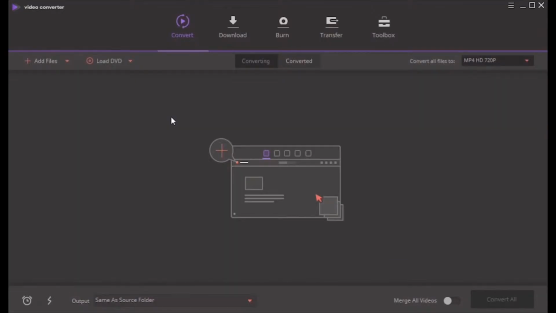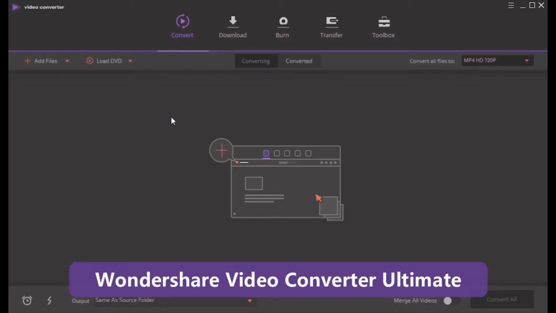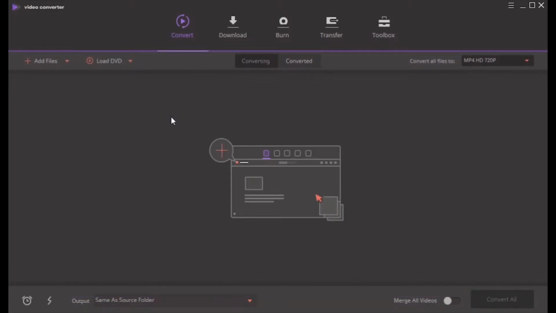Part 1. Wondershare Video Converter Ultimate. To convert MTS files to MP4 files, all you need is to get a professional MTS to MP4 converter like Wondershare Video Converter Ultimate. It supports over 1000 video and audio formats for conversion, including MTS, MP4, MOV, AVI, MKV,